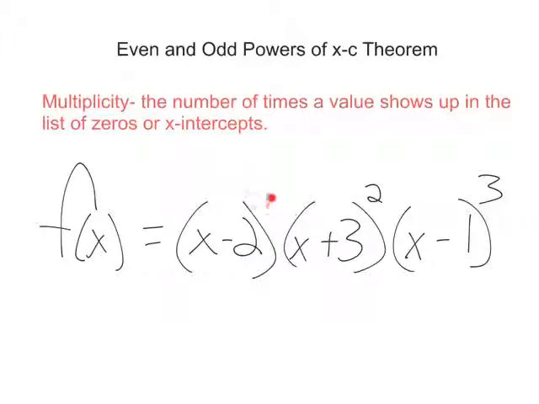The exponent that's right here is understood to be 1. This exponent is a 2 and this one is a 3. So what that's telling me, remember exponents are shorthand for multiplication, is that I've actually got x plus 3 times x plus 3. And then here I'm going to have x minus 1 times itself 3 times. So if we laid the whole thing out,